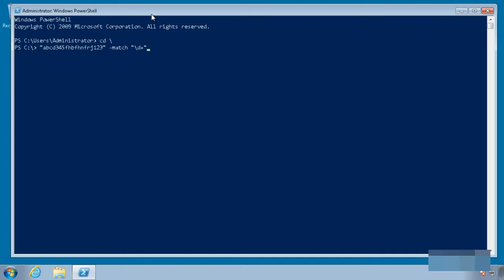Now, there's a couple different versions of this. Match is case insensitive. CMatch would be case sensitive, although for digits it wouldn't matter either way. You've also got notmatch, which simply reverses the logic. So if there is a match, this will return false, and if there isn't a match, it will return true. And there's also a cnotmatch, which is the case-sensitive version. We'll just play with match. Now this always returns either a true or a false if there is a match or not. And it also